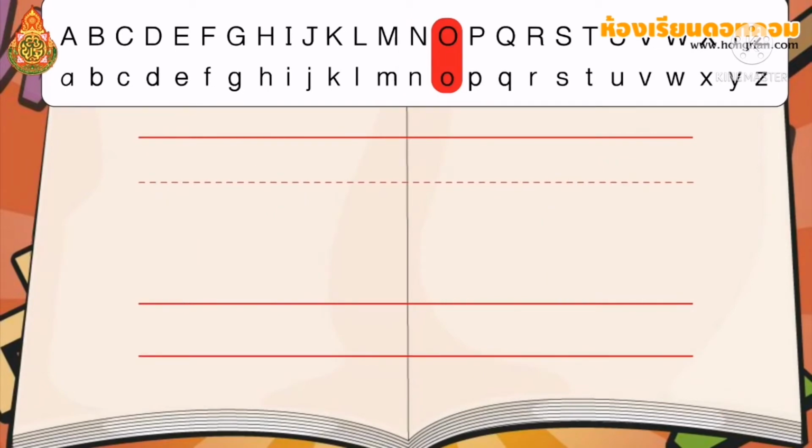Next, capital letter and small letter O. ทั้งสองตัวเขียนเหมือนกันคือมีเส้นเดียวแล้วเป็นวงกลม แต่มีขนาดต่างกันนะคะ ไปดูเลยค่ะ